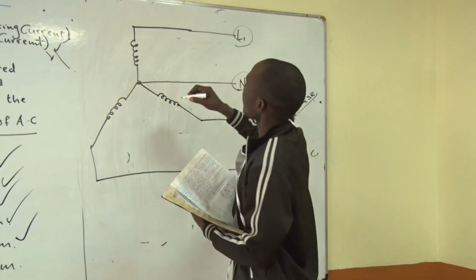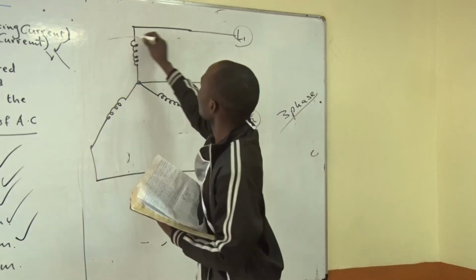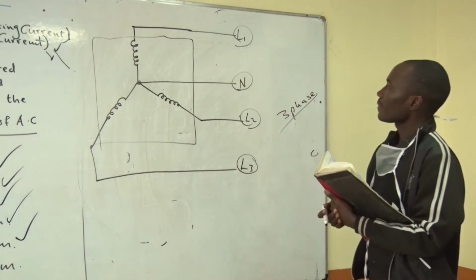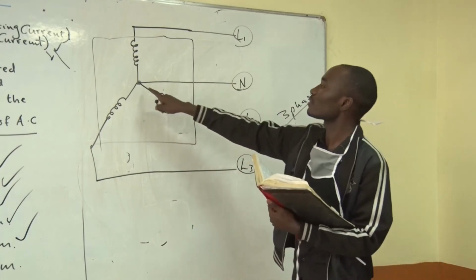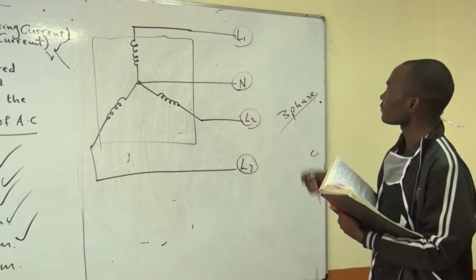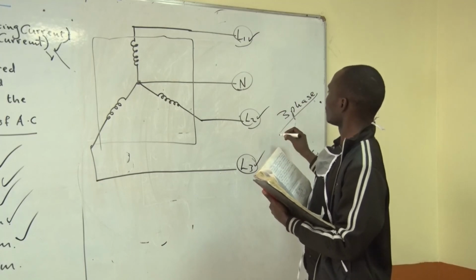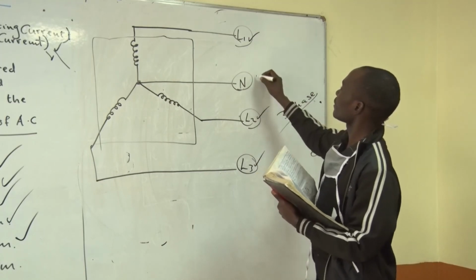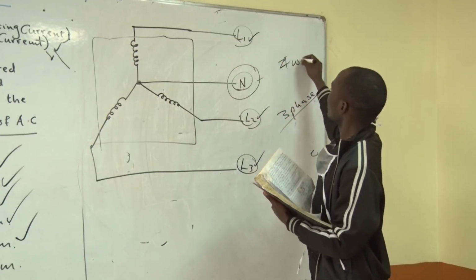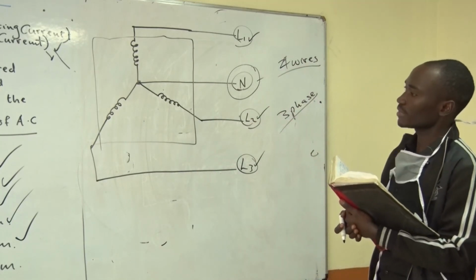So for instance, we are feeding 3-phase power supply into this particular transformer. Then from the outgoing side, we get again 3 wires plus the neutral wire tapped at the center of the limbs to get a total of the 4 wires. So we have this L1, L2, and L3 to give us the 3 phases. So we have an additional wire, which is the neutral wire, to give us the 4 wires. So it is a 3-phase, 4-wire distribution system.